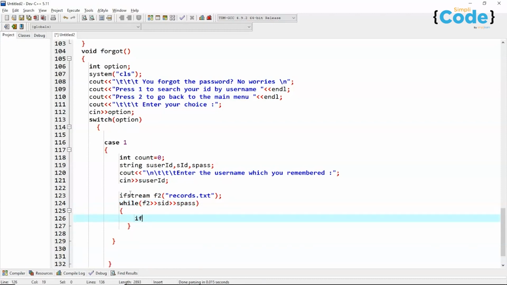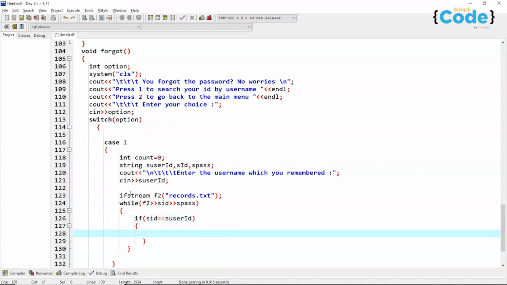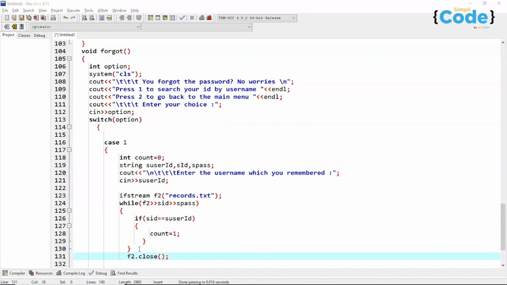So now if sid equals suser id, then count equals 1. So we will assign 1 to count and after that we will close the file, that is f2.close. So here what we are doing is we are checking inside the file using the ifstream object